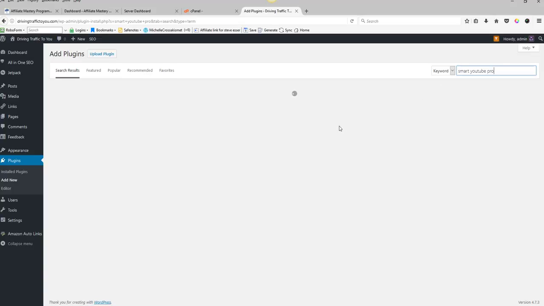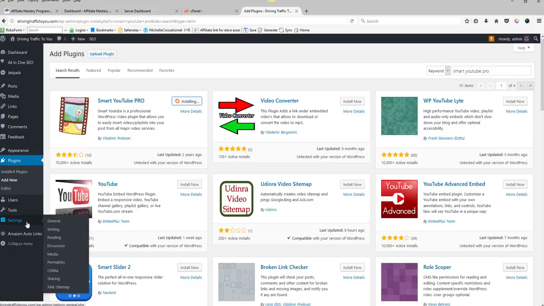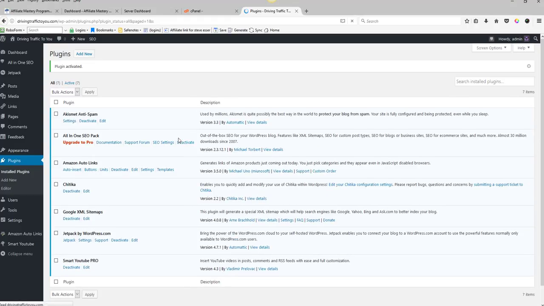Now once we've installed this plugin, straight away we install and activate it, and then we go down to the plugin box settings, and I would say configure the settings to suit our needs. You can do this in a couple of ways. You can add all of your plugins first and then go along and configure all of them, or you configure them as you go along. I'm just going to configure as I go along today. So we click on Settings for Smart YouTube,